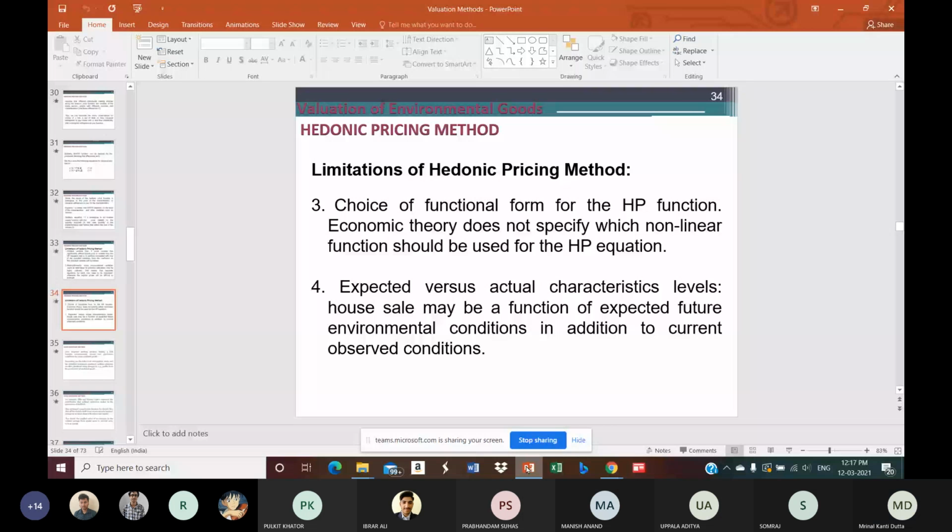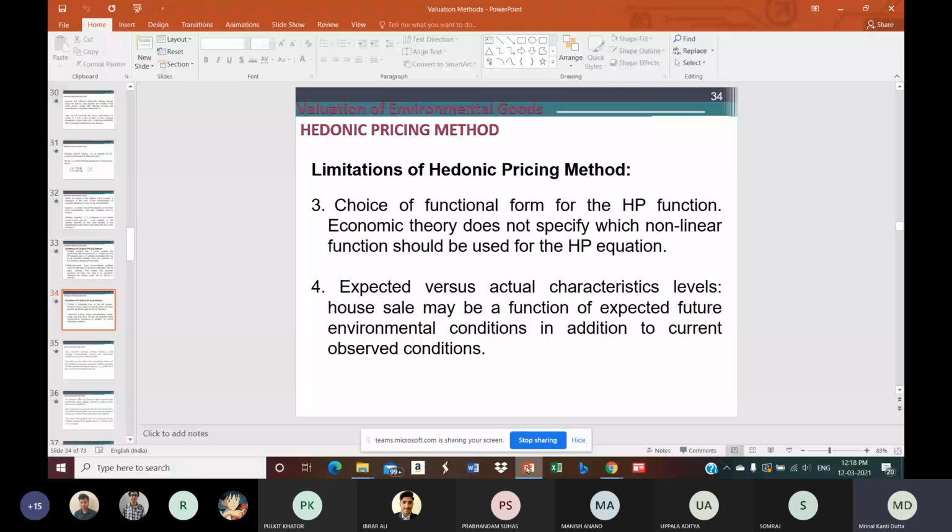So, the third thing we talk about is the data or the information. As we have mentioned already, information plays a very important role in any kind of market. And in the case of a perfectly competitive market structure, we always insist on perfectly available information for buyers and sellers. Here we assume that both the buyers and the sellers are well informed about how environmental attributes vary spatially across the area being studied.